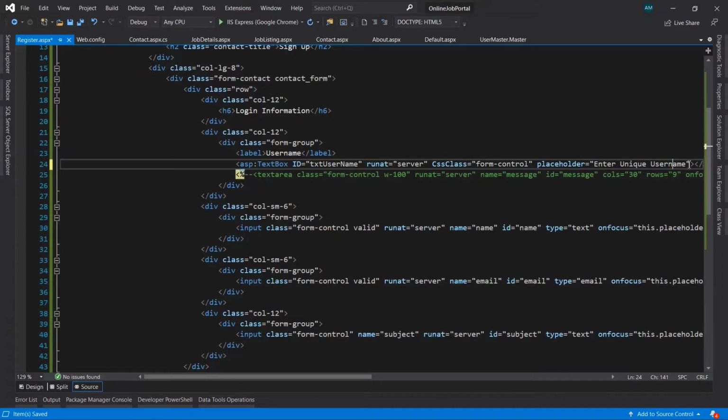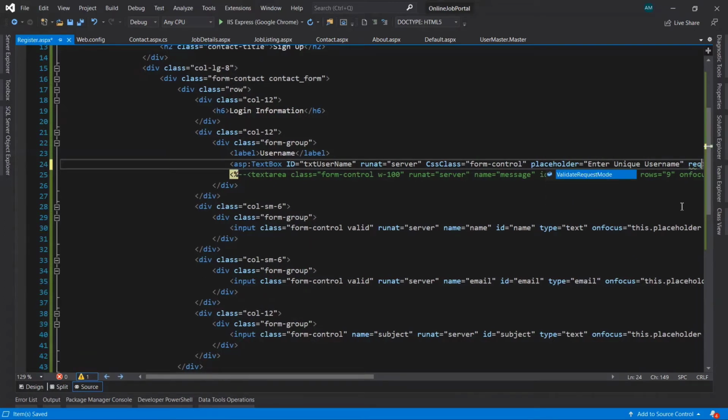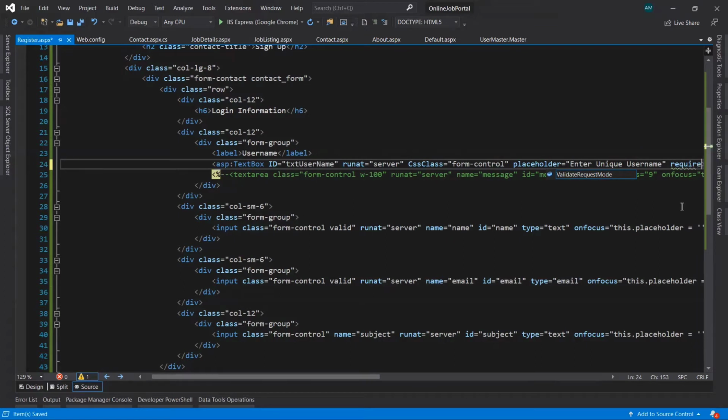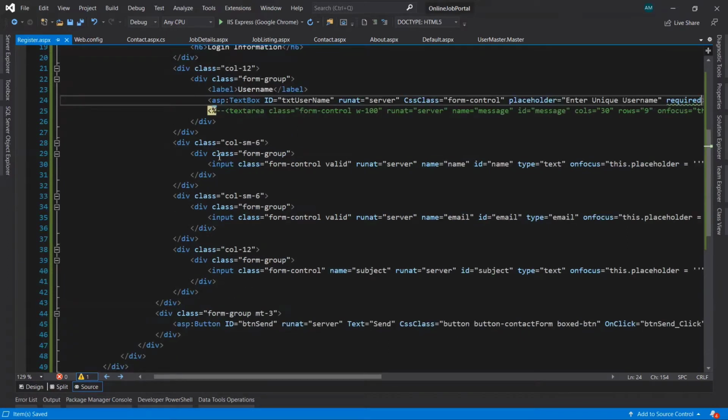It's a required field, so here we are going to take the required attribute. So we have completed the username.